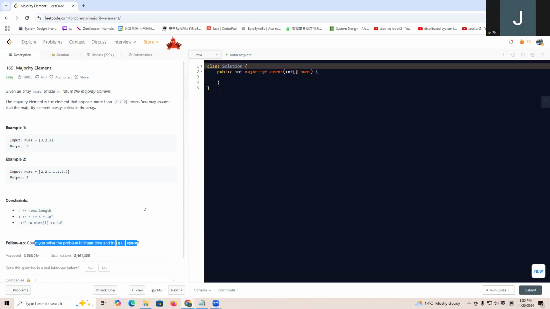So there is a method called the Boyer-Moore voting algorithm. What it does is keep a candidate, or what we call the vote element. We iterate through nums. If the current num equals the vote, then the count should increase by 1. If it doesn't equal, then what we do is